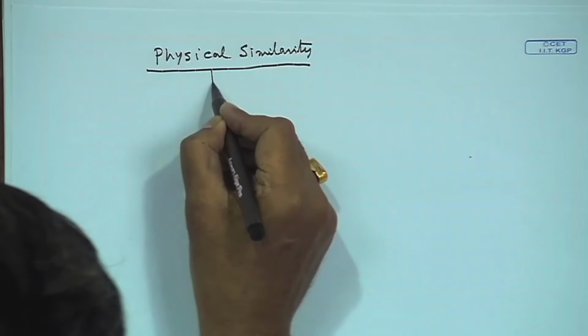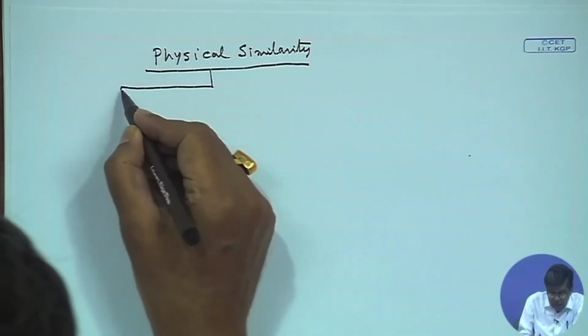For example, a flow governed by gravity force and inertia force, such as a surface wave in a sea, and another process, the flow of fluid through a pipe, which is governed by inertia force, viscous force and pressure force, cannot be made similar under any condition. We can make similar situations of pipe flow problems at different operating conditions, or of surface wave problems at different operating conditions. So, the physics of the problem has to be the same.